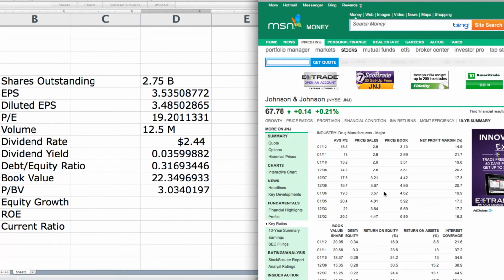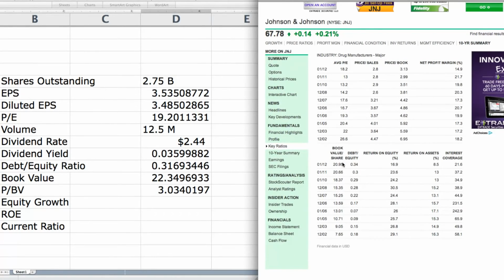Okay, so while we're on this page, which we got to through Key Ratios, 10-year summary, you can see the equity growth. When we go down here and we look at the book value per share, you can see it went from 7 to 9 to 10 to 13, clear up to 20.95, and in the last couple months, it's actually gone even higher to $22.34. So this is what we're talking about when we look at the book value growth, is this number right here